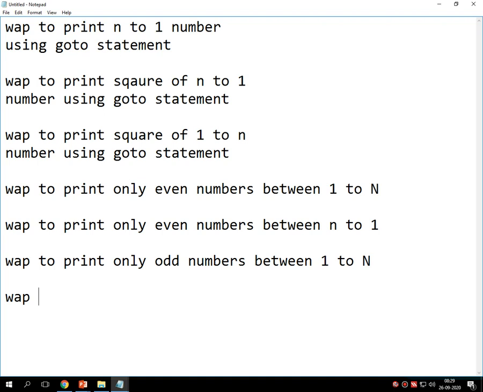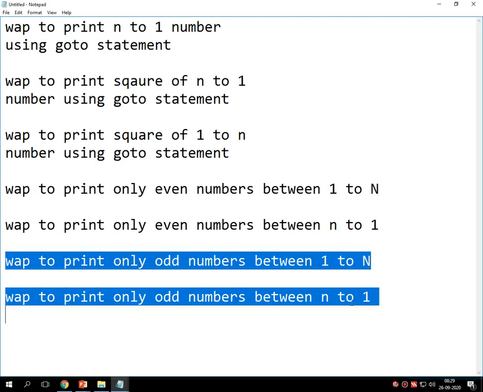Then write a program to print only odd numbers between n to 1. Write a program to print only odd numbers between n to 1. From these two I am making one program.